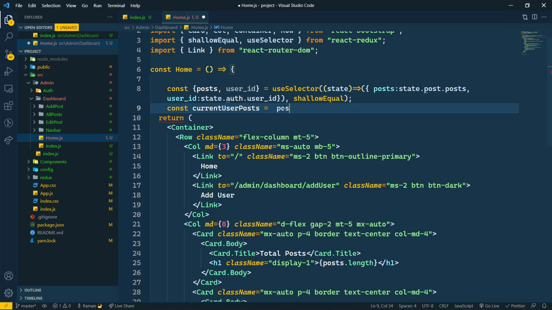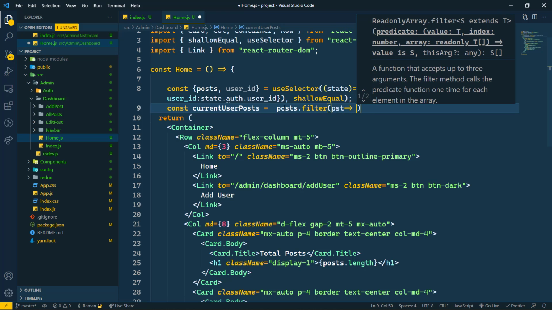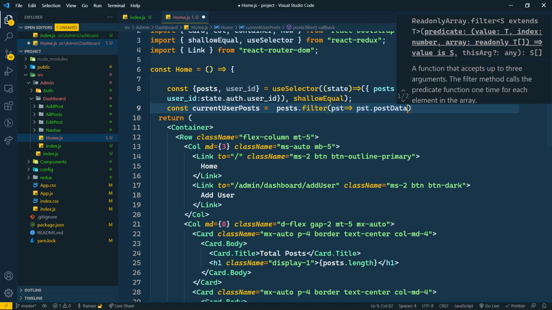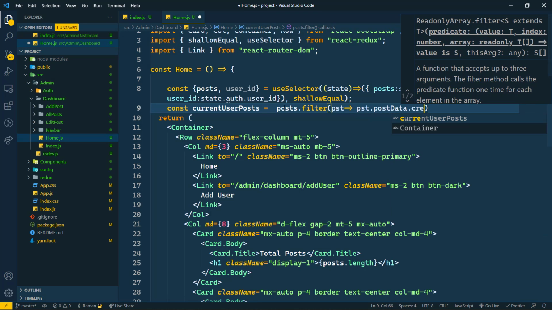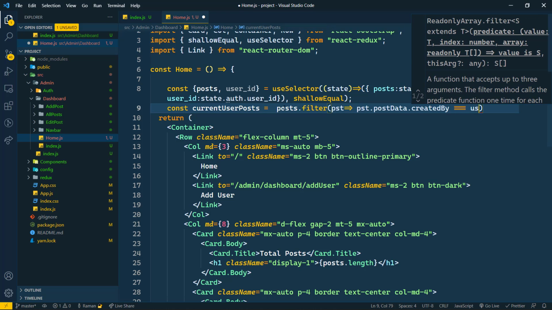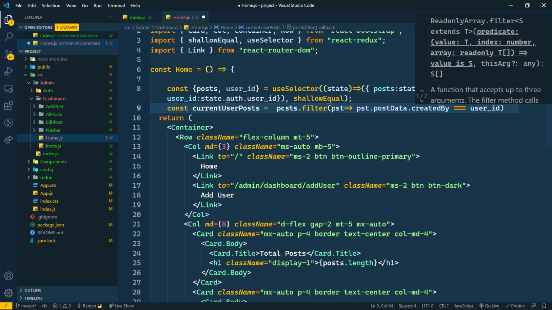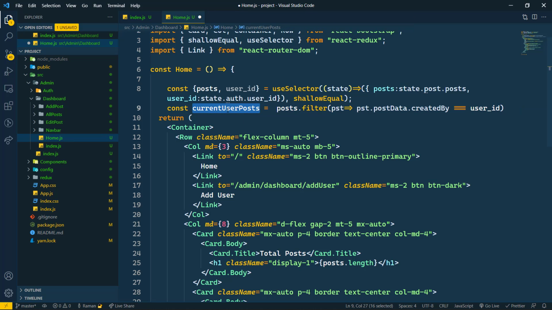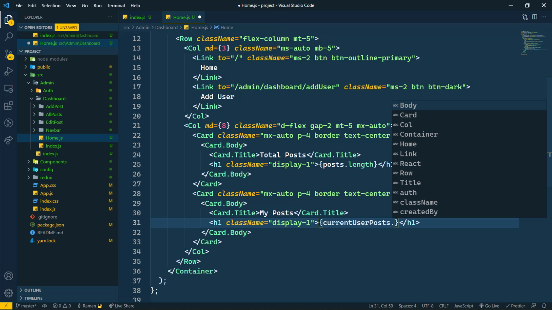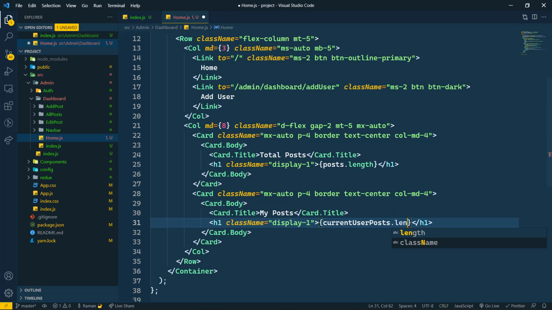And here we are going to write post dot filter, and first we will get the post here, and then we will match post dot post data dot created by should be equal to user ID, and then we are going to match this length. Copy this, and here we are going to match this length, current user post dot length.